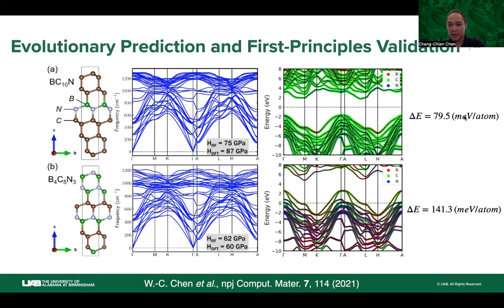They both have a formation energy of about 0.1 electron volt above the ground state. So they are metastable structures. However, this does not mean that they cannot be synthesized. An example would be that cubic diamond is also a metastable structure at ambient conditions, but it can be synthesized at high pressure conditions.